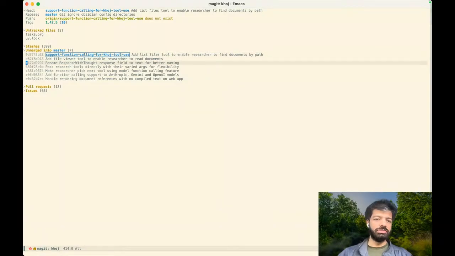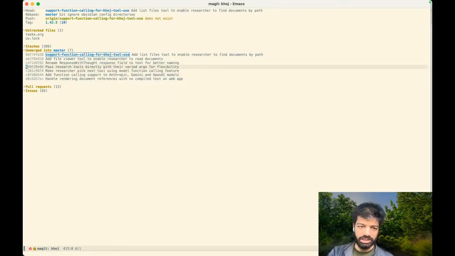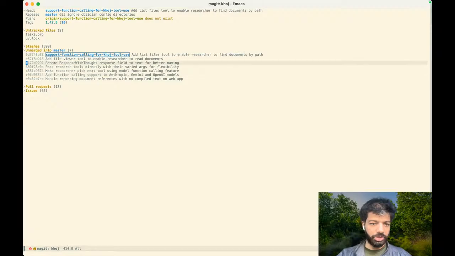So these earlier commits, till here, wait, not even here, these 3 commits are around giving Khoj the ability to use the function calling or tool use paradigm. If folks know that, then there should be enough context. Otherwise, you should look that up.